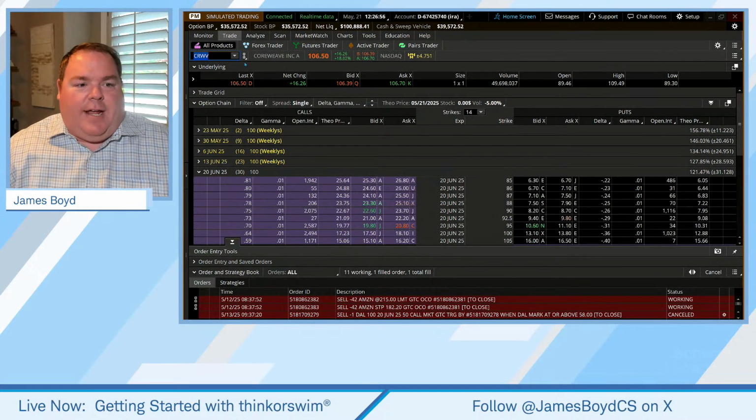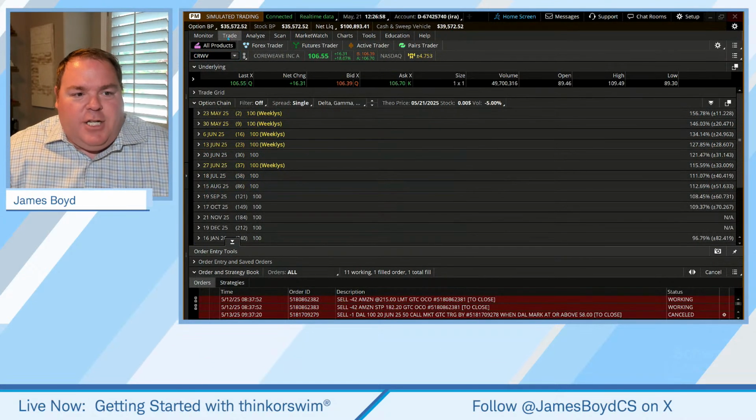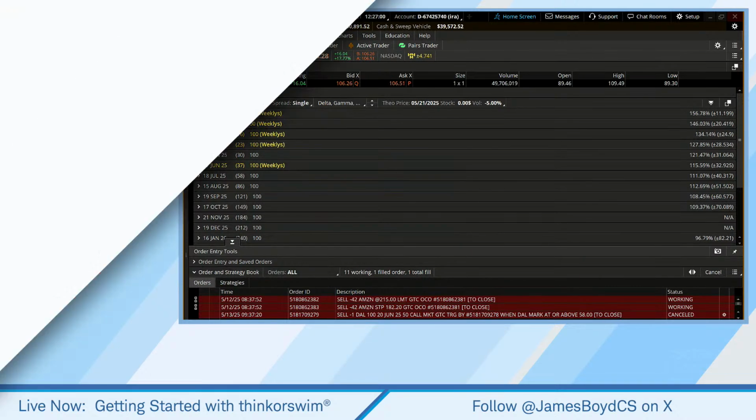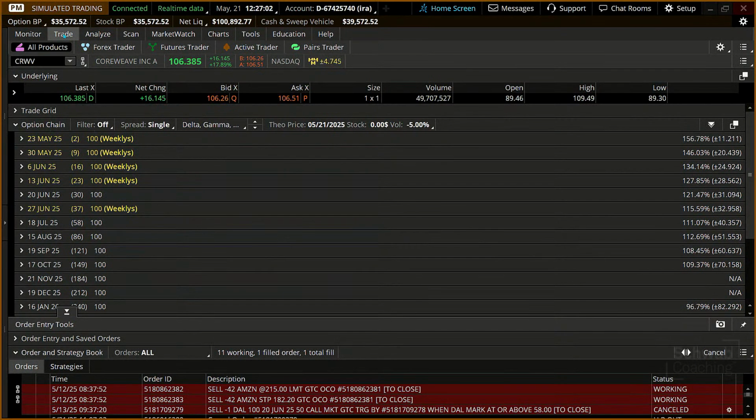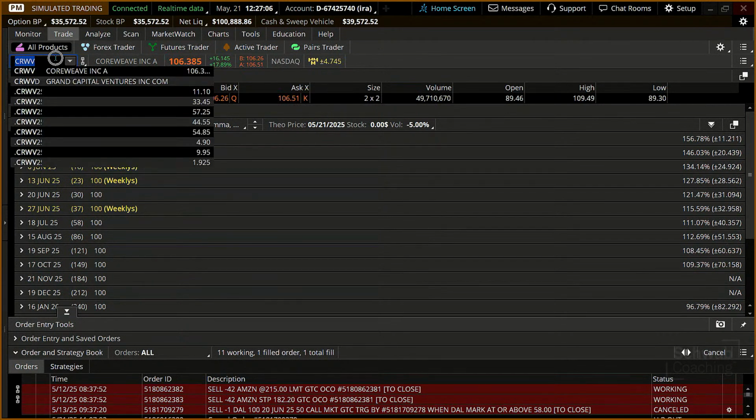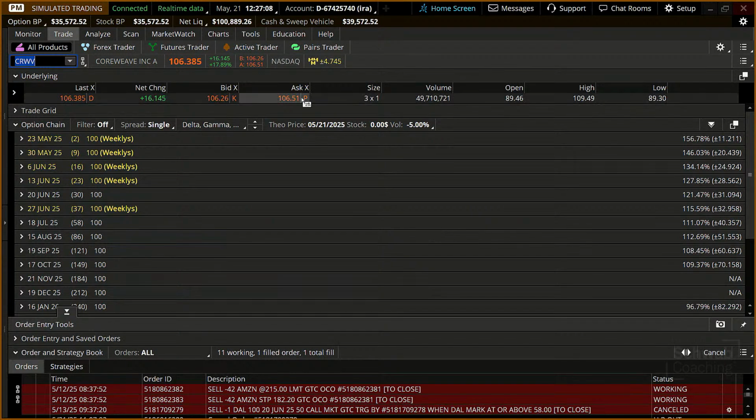Okay, so let's go to the trade tab. Let's say the investor said, James, I want to come in and do a trade. I'm going to click on the trade tab, then we type in the symbol. Not too bad. And then what we're going to see is, say the investor just wanted to buy 1 or 2 shares, for example. How do you learn? You practice. So I'm going to go to the ask price.